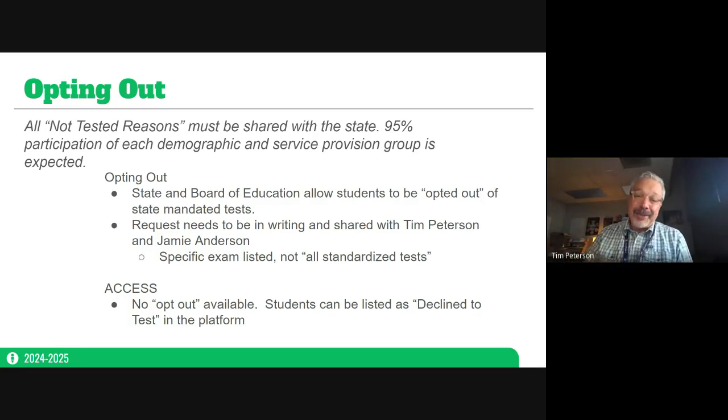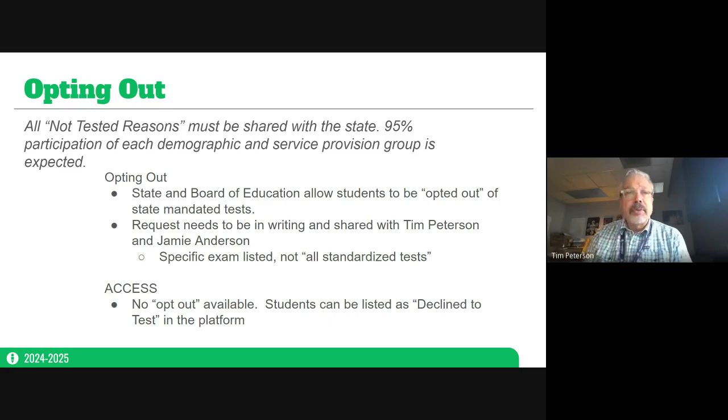Now, access testing is a little different. Yes, thanks, Jamie. Access testing does not allow for an opt-out. Now, there's a lot of ways we all know that students can opt out. So it's like, yeah, go ahead and make me take the test. That's opting out.